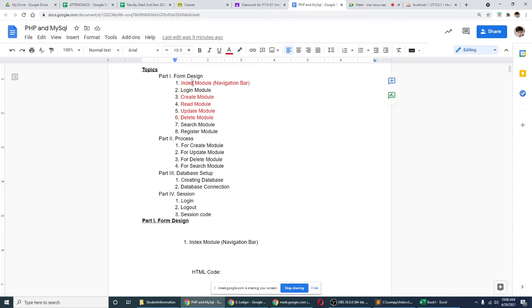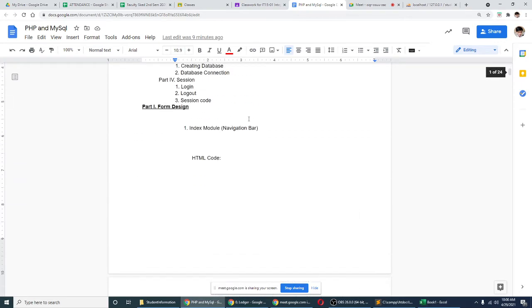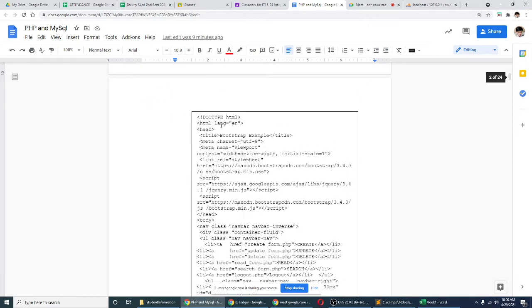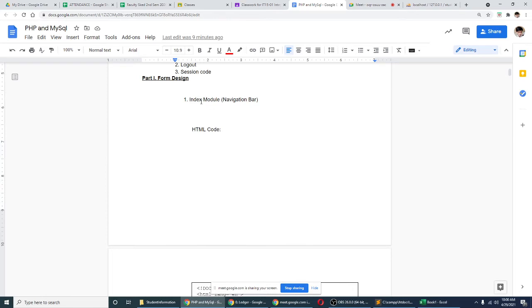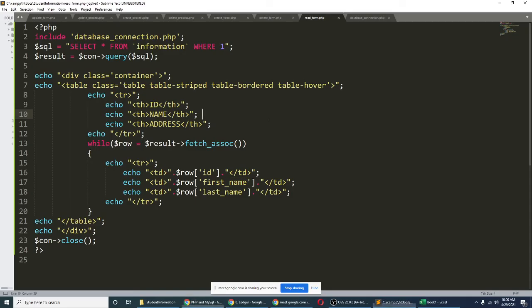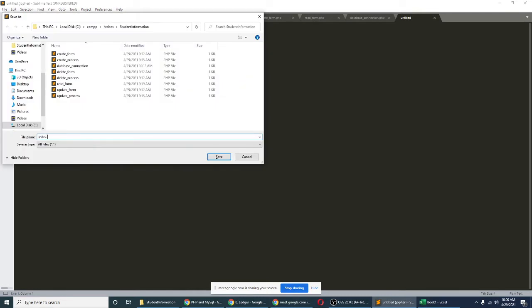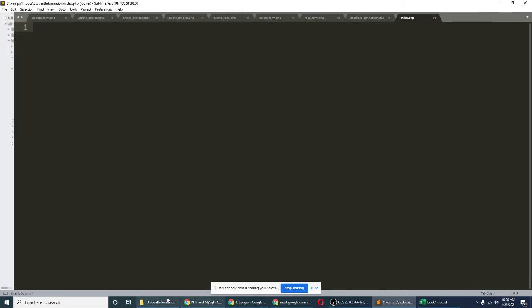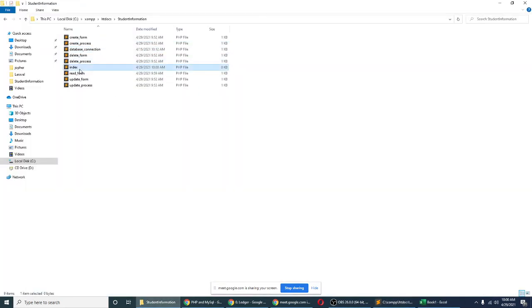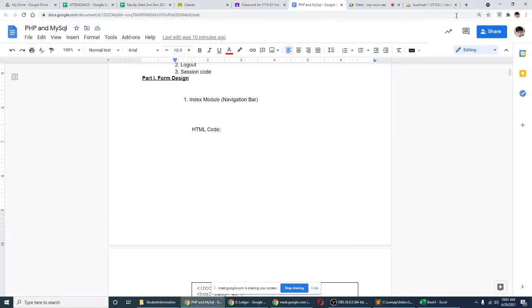And then now we have the index module for the navigation bar. So this is our navigation bar. The default name is index.html. So let's create another file, the name is index.php. So take note that the file name index is the default name, so that once you open your project, for example here,